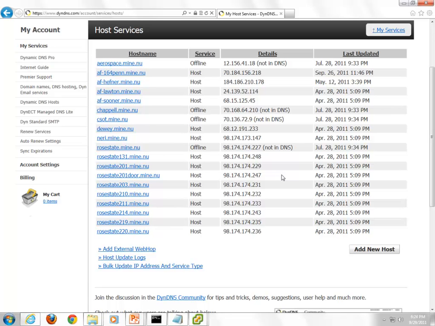dyndns.com. Most routers support it. If you have a Linksys router, you can add an entry for this. It's just called DDNS, Dynamic DNS. You can get an account in here for free, but you can only have like 3 or 4 machines. I have more because I paid him $20 20 years ago, and I've never paid him a penny since then. But this is dynamic. If my machine at home was to change its IP address today, this address would get updated.